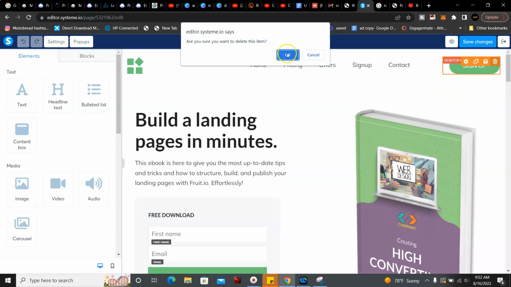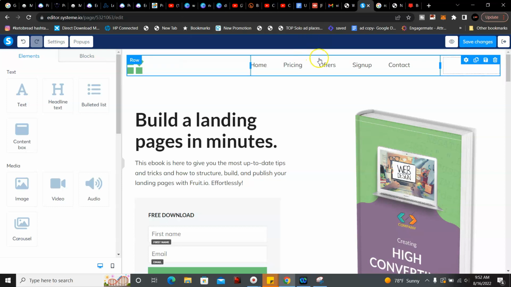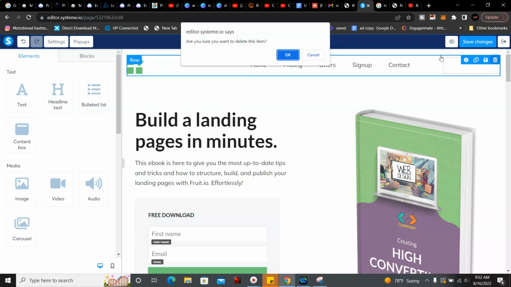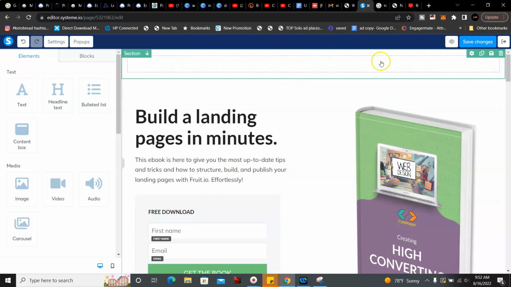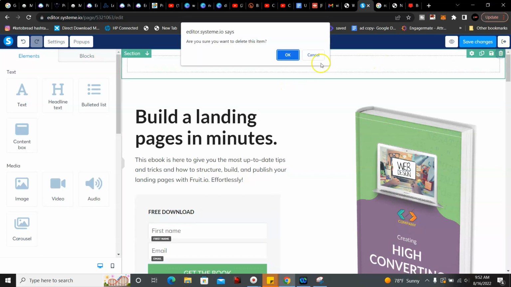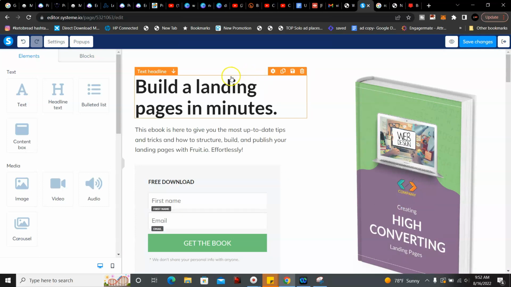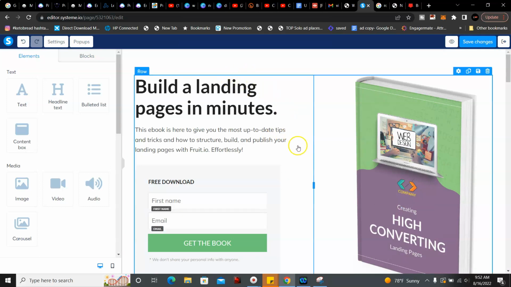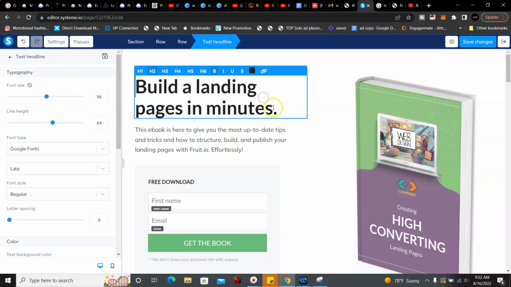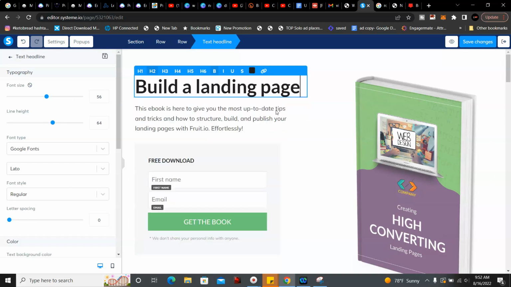It's really simple, better than ClickFunnels. Then we're going to go ahead and delete this also. We're going to delete this. Don't need that. And here's what you're left with. So I'm going to put an example here, and then we're going to create a catchy headline. Let's see. So put free